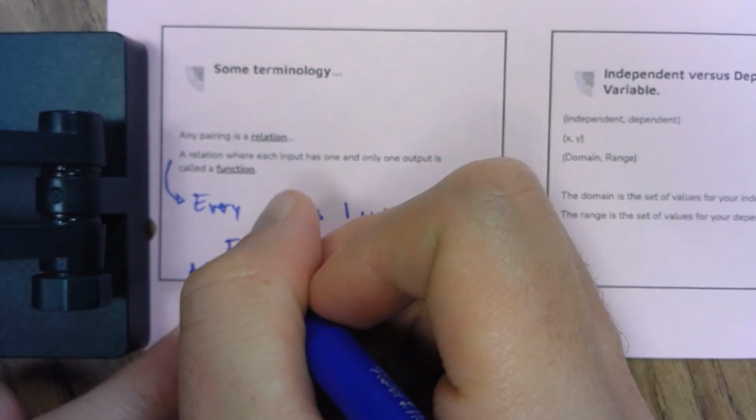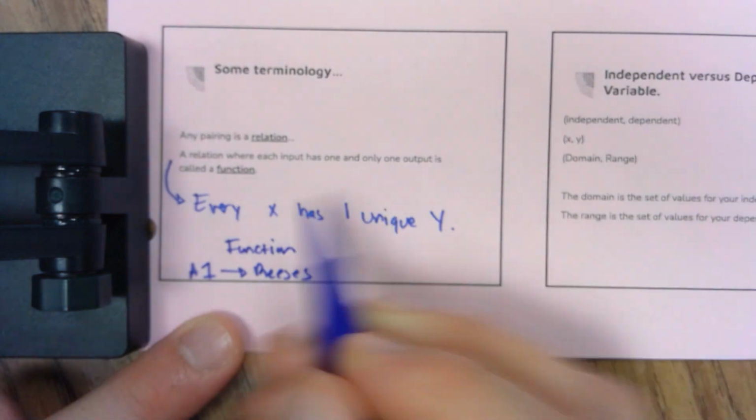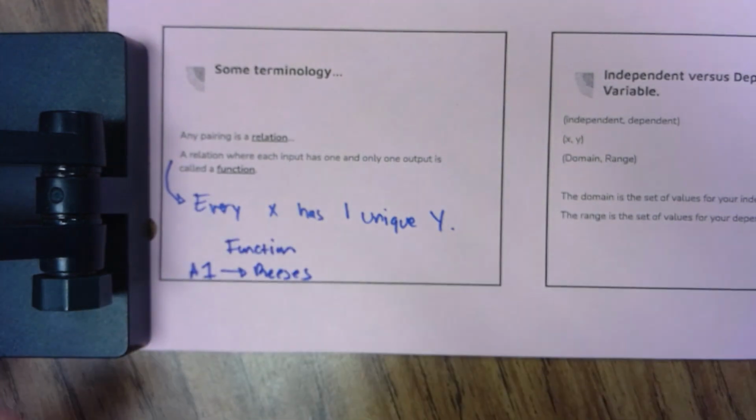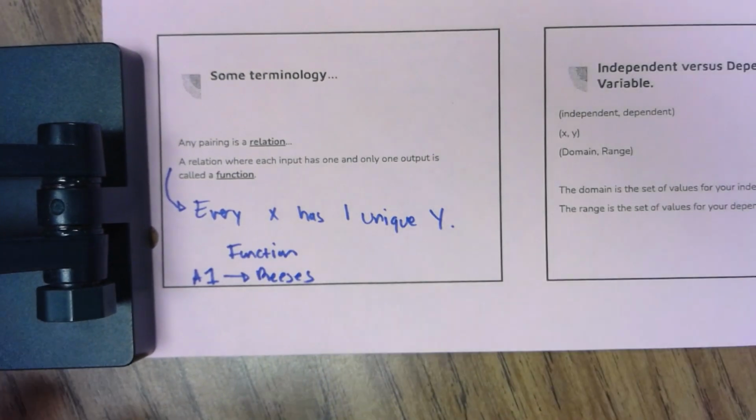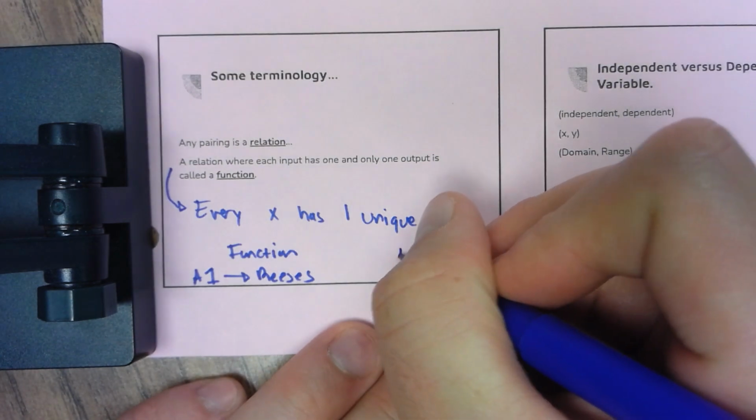This models a function, where the input leads to exactly one output. A1 leads directly to that Reese's. When it's not a function